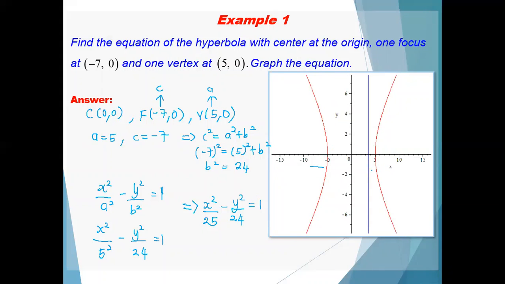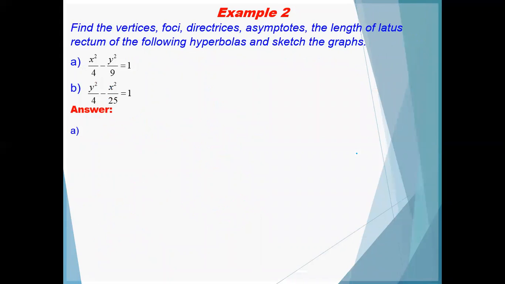Alright, so origin at 0, 0. Okay, so next example. x square over 4 minus y square over 9 is equal to 1. So a square is equal to 4, b square is equal to 9. So c square is equal to a square plus b square. So c square is equal to 9 plus 4. c square is equal to